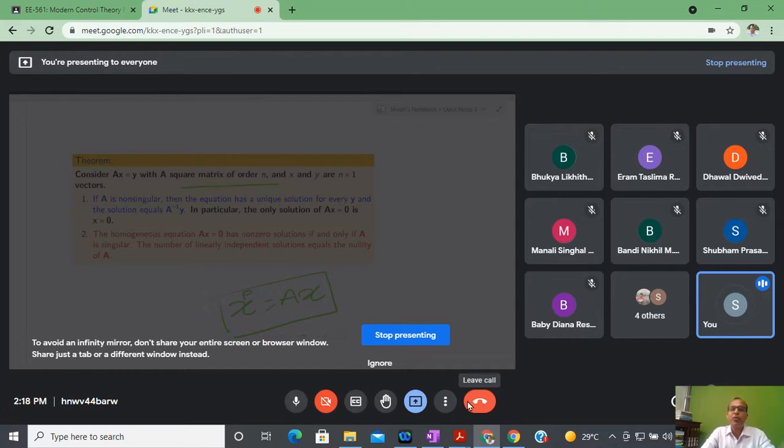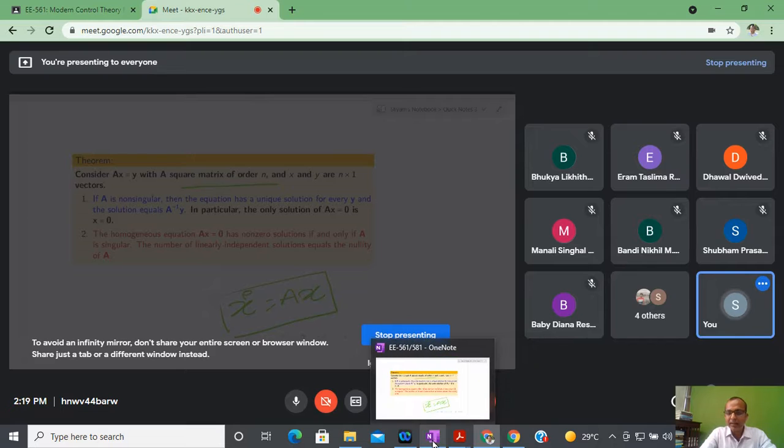From here you are able to get that, but this equation Ax equal to b is very standard. So now you are able to understand how to interpret that equation in terms of linear combination, using the column space, by spanning the column vectors, or forming the range space, and how one can express the solution in terms of rank and nullity. Now let us come to the second part.